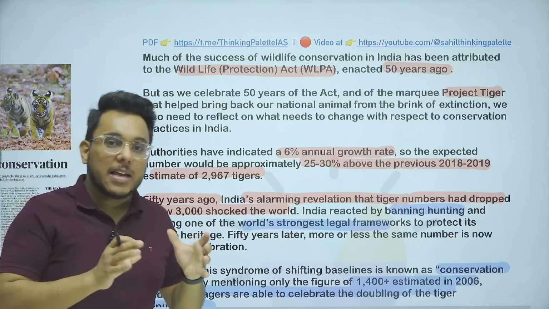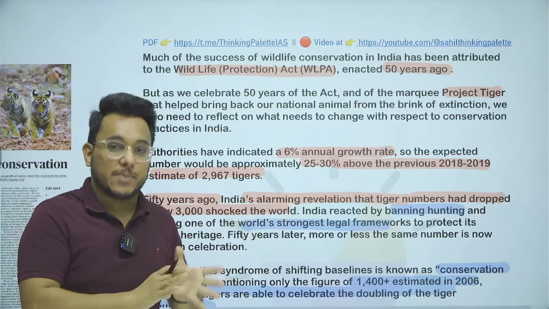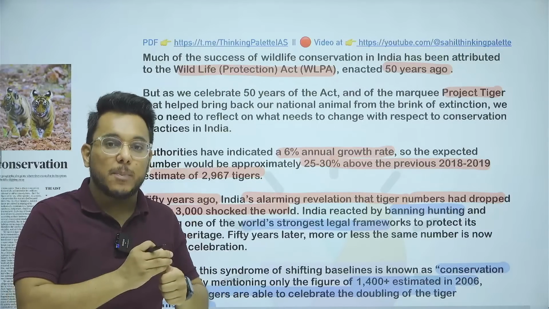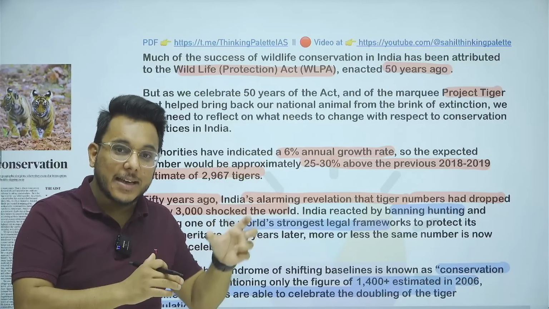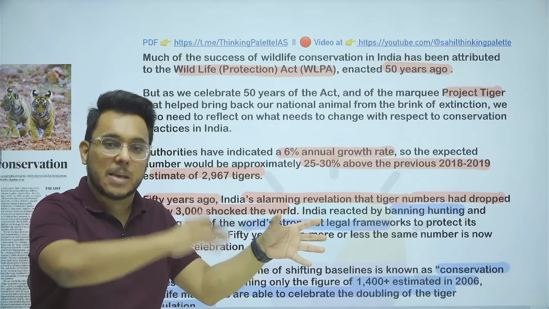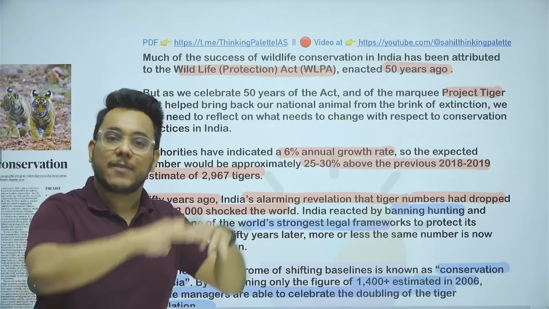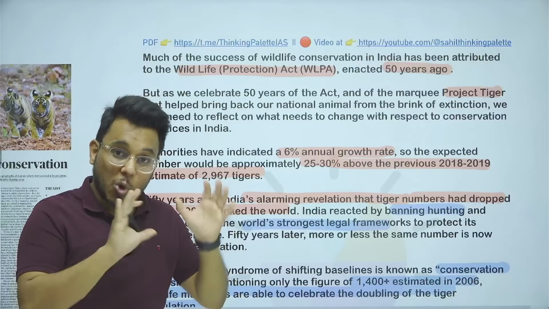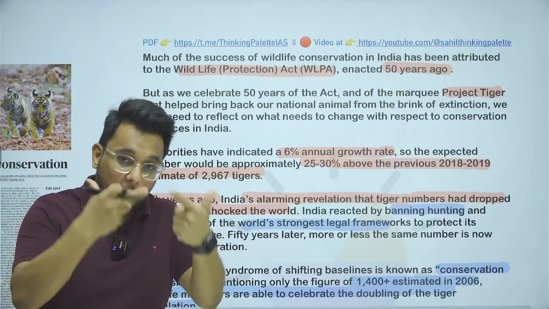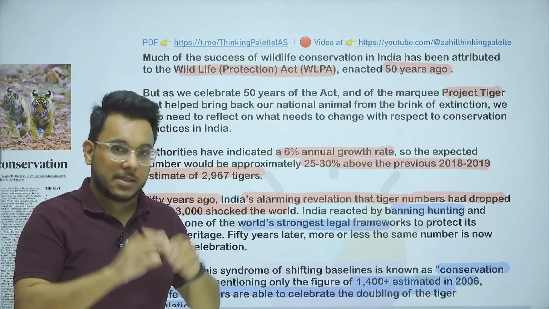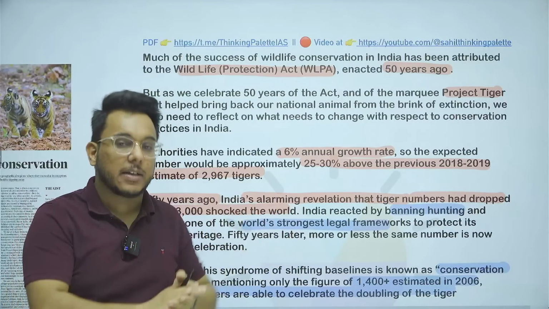See, every tiger has unique stripes, as we have a unique thumb impression. So by the camera we can identify that this tiger is separate, this tiger is a different one. But elephants, all of them look very similar. So on the basis of camera trapping we cannot count elephants, they look the same. So for that we need to do DNA analysis. So the joint census will be conducted from now onwards.